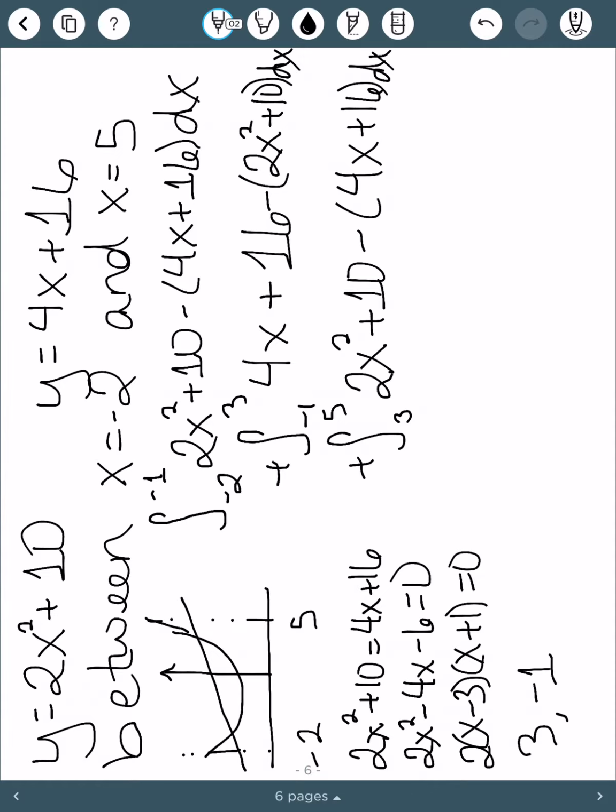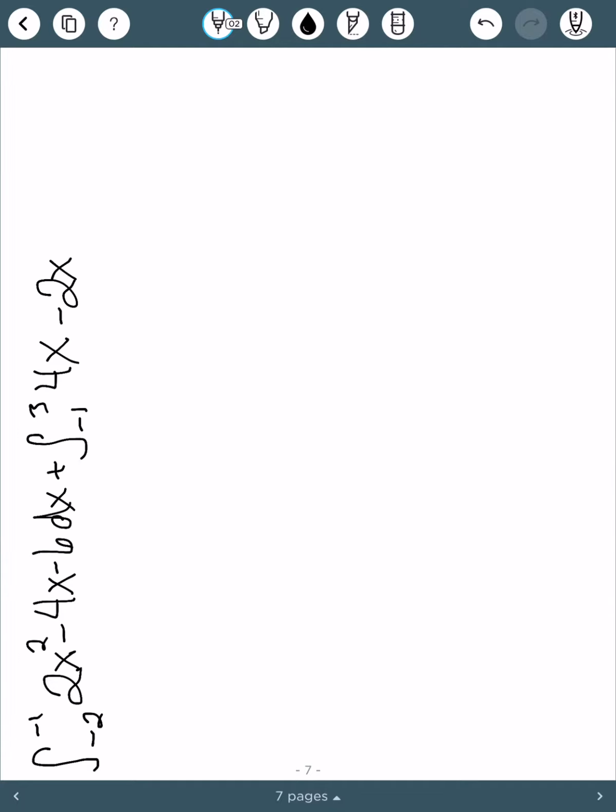So now let's try to integrate this. Once we simplified that and distributed all the negative signs, we had the integral from negative 2 to negative 1 of 2x squared minus 4x minus 6 dx, plus the integral from negative 1 to 3 of 4x minus 2x squared plus 6 dx, and then plus the integral from 3 to 5 of 2x squared